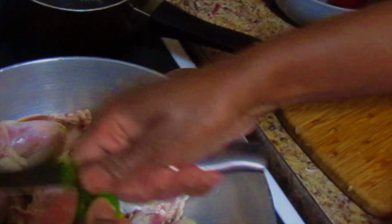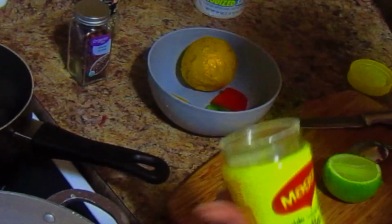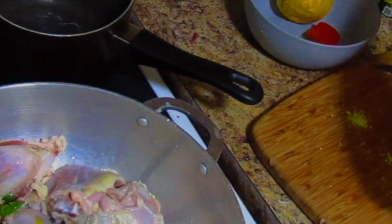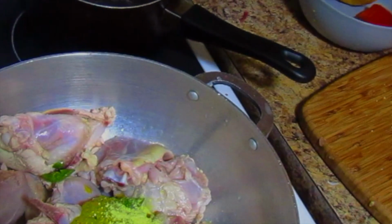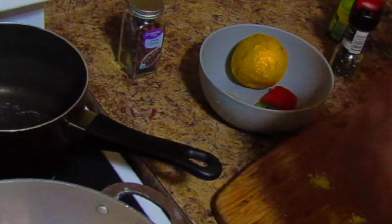This is hot pepper. It's fresh. It's optional. Not everybody likes spicy. I do. And I'm about to add 3/4 of a tablespoon of Maggi. And this is optional too. Not everybody uses Maggi nowadays. I'm adding black pepper, salt,